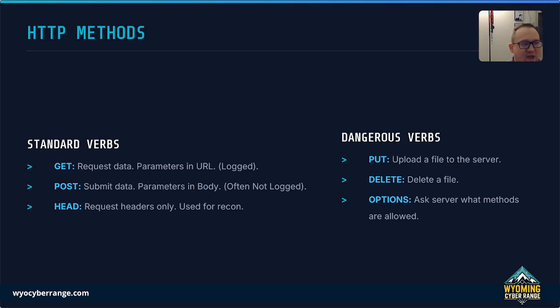Now, there are going to be some HEAD requests. This is only going to be the headers only, and it's normally used for reconnaissance. So sometimes when you see a ton of HEAD requests, it means there's somebody out there looking for some weaknesses